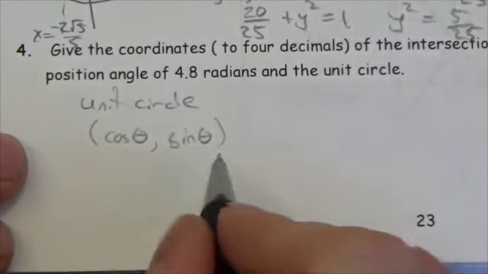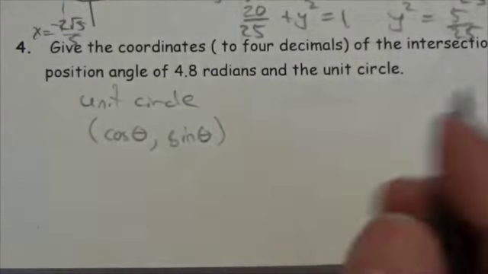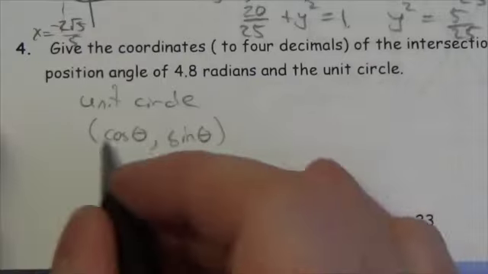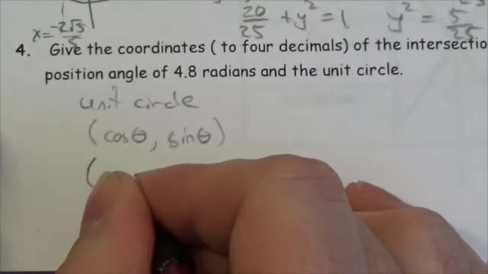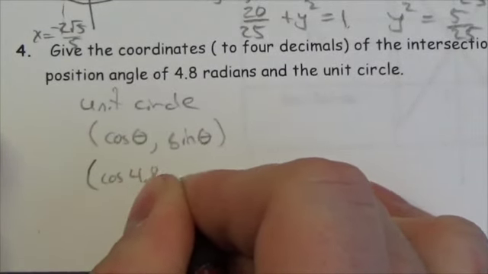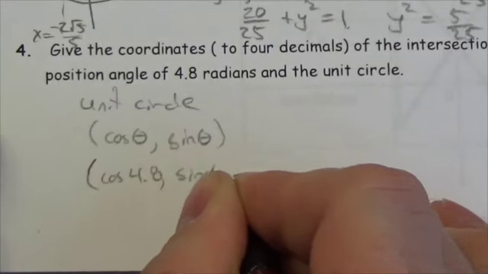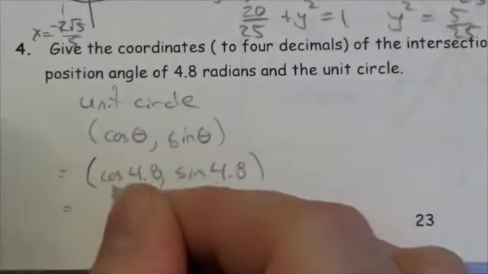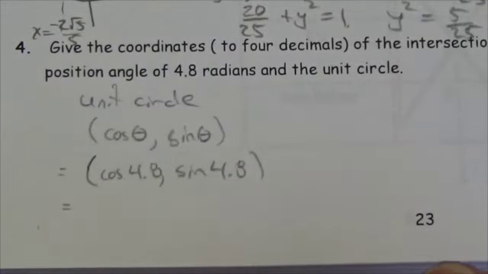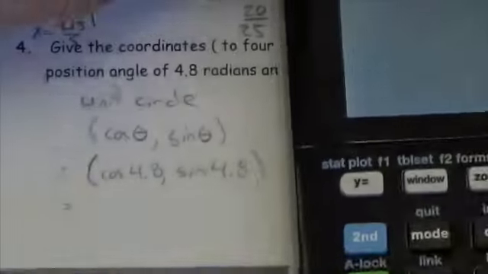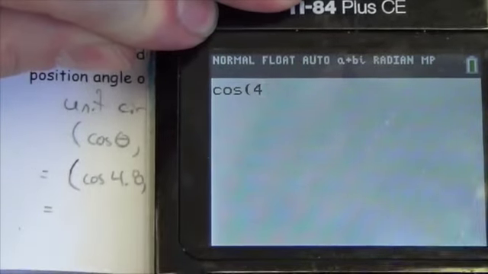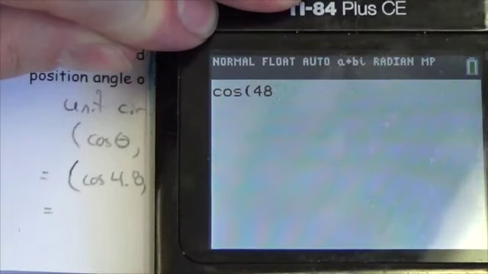Now, when we said that earlier, we did not specify that these had to be in radians or degrees, because it doesn't matter. So in this particular case, this would simply be the cosine of 4.8, comma, the sine of 4.8. And now we just go to our calculator. Got to make sure that we're in radian mode. Okay, and so now the cosine of 4.8,